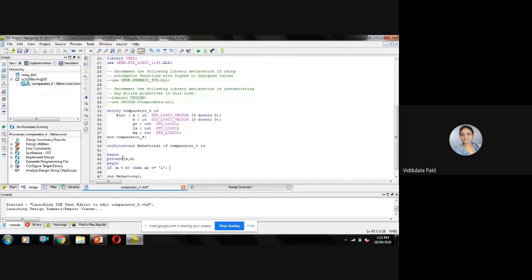Then we want LS to be equal to 0, and EQ to be equal to 0. Okay. Now else